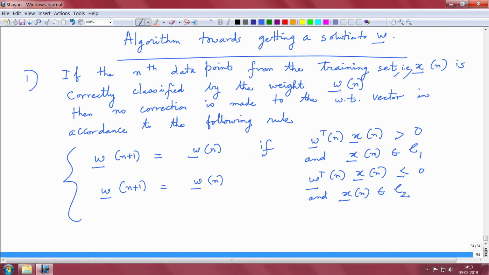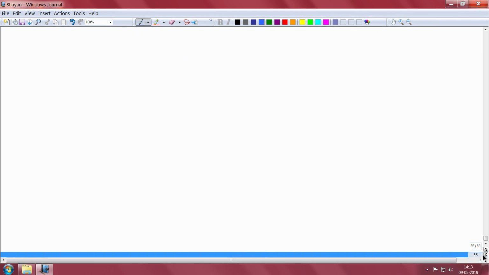I mean, the first part of the statement would anyway imply the second part of the statement, but I have written this for clarity. So, I do not have to adjust the weight if it is lying naturally where it has to lie, right. If the point is lying on one side of the plane and the inner product between the weight and the point is positive, it belongs to C1, else it belongs to C2, then I am already fine, I do not have to adjust my slope. If this is not so, then we have to update the weight.